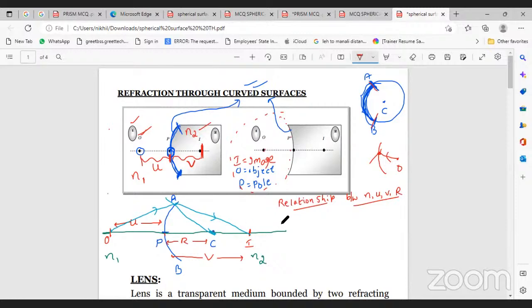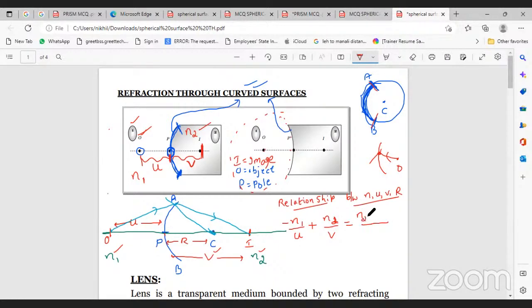Please remember this: minus refractive index of object medium by object distance, what is object distance here? U, plus refractive index of image medium, that is N2, by the image distance, V, that is equal to